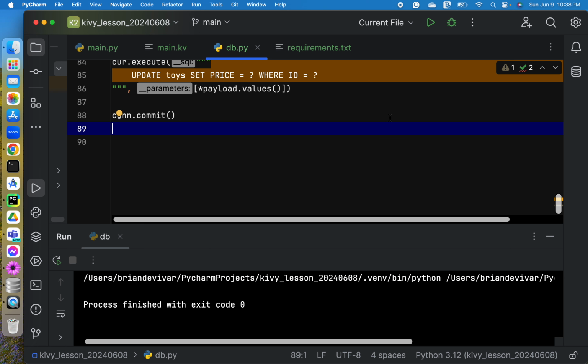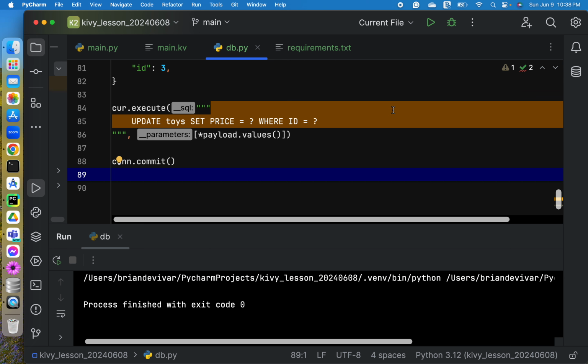Okay. So in the update statement, we can add as many fields as we want. So price, description.